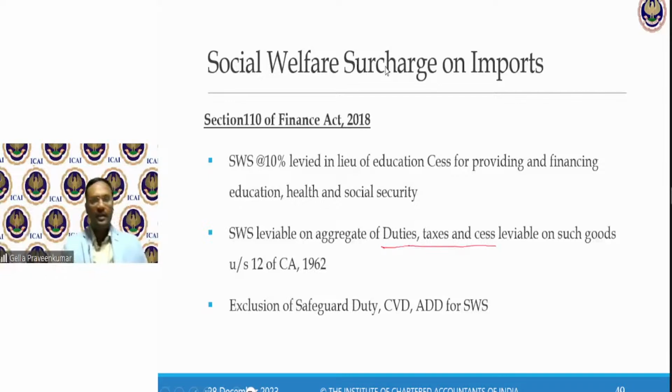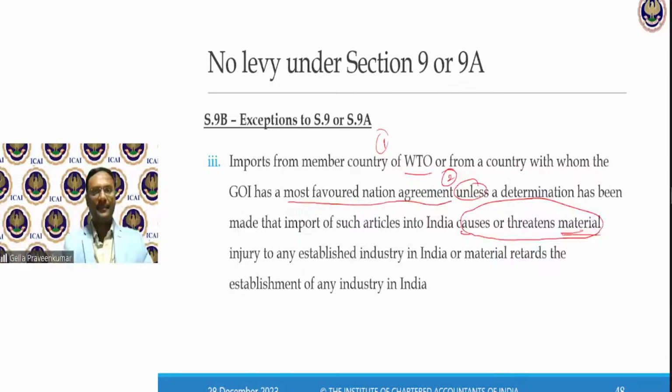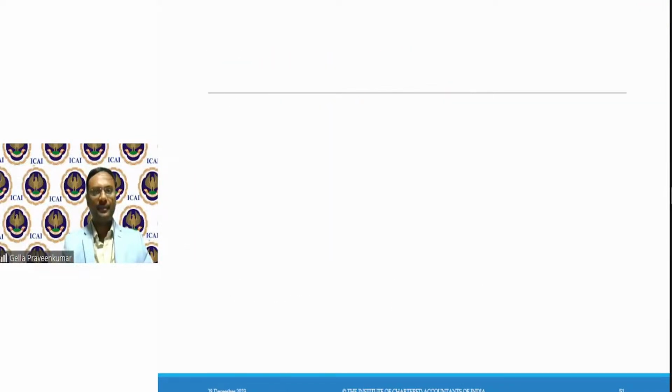Let me see any doubts further. Okay. Balaji says, sir, one more example. I'll explain this. Okay. One more example. Say there is a transaction value of rupees 35 lakh.